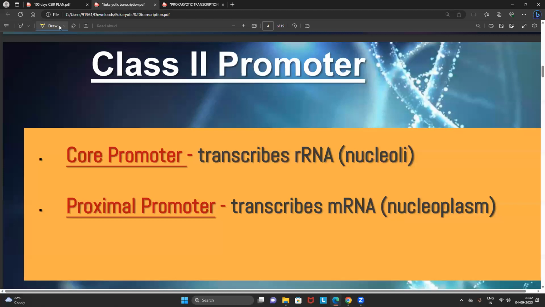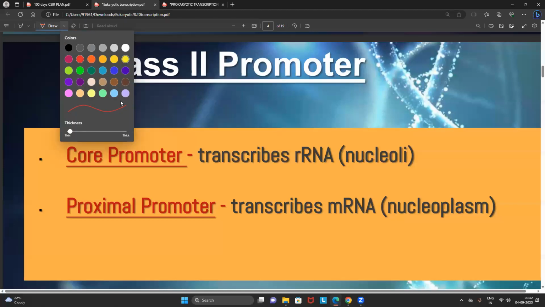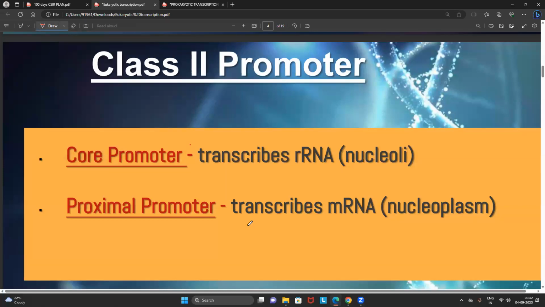Okay. Now, from now onwards, the lesson will become very difficult. It's not difficult, it's very much confusing, because a lot of proteins are involved. If you don't understand properly, you can't answer the questions. Now, in the case of prokaryotic organisms, we all studied that RNA polymerase enzyme uses only two types of promoter. One promoter is present at the -10 region, another promoter is present at the -35 region. Understand that concept very correctly without confusion.